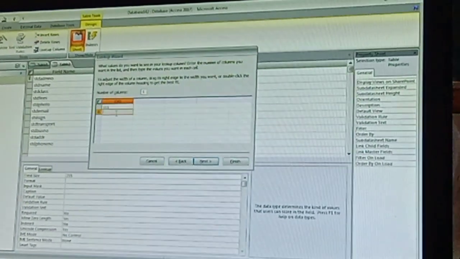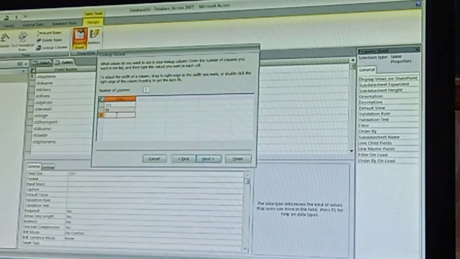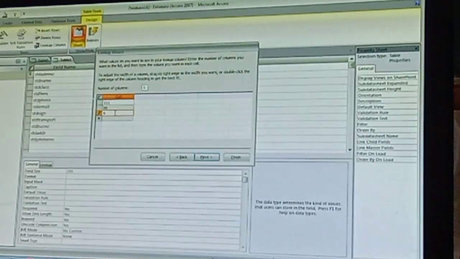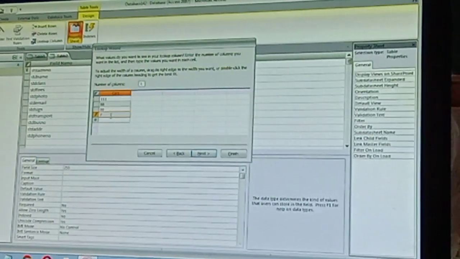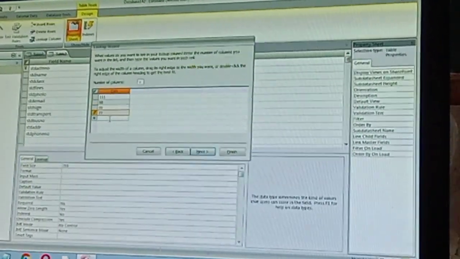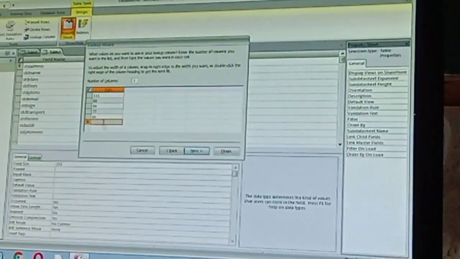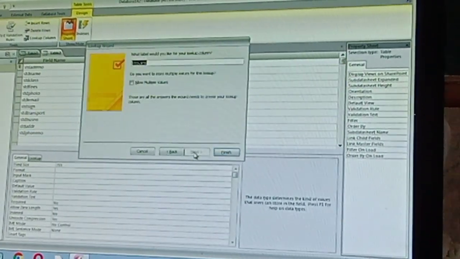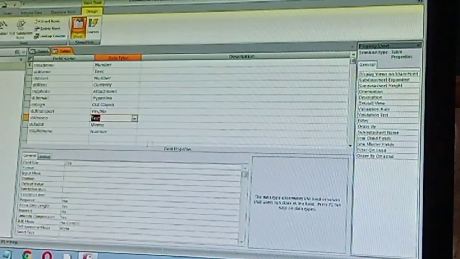Then in the next column you can type 88 bus number, so that it will be clear which one I should choose. 99. Then next is 77. Whatever numbers, I am just giving some dummy numbers. Next, and those numbers will be stored here.